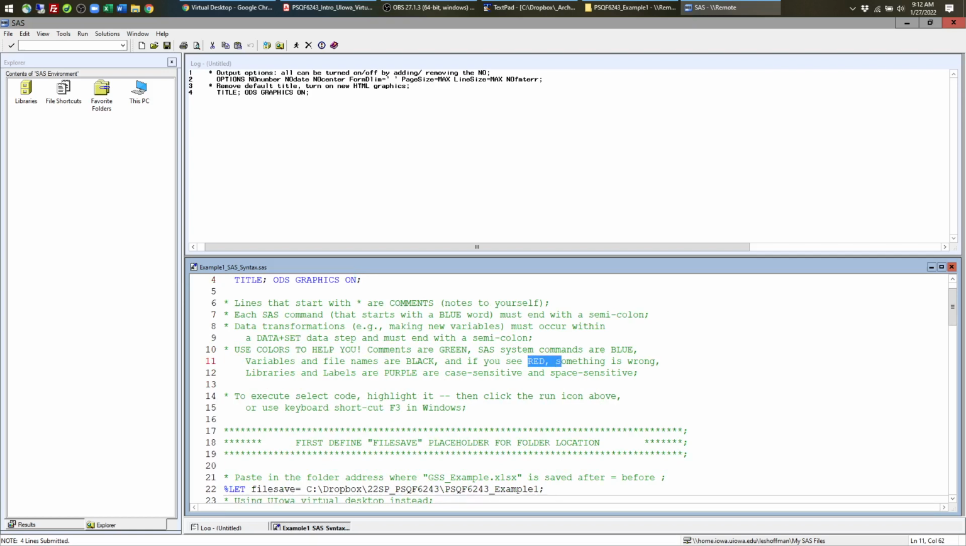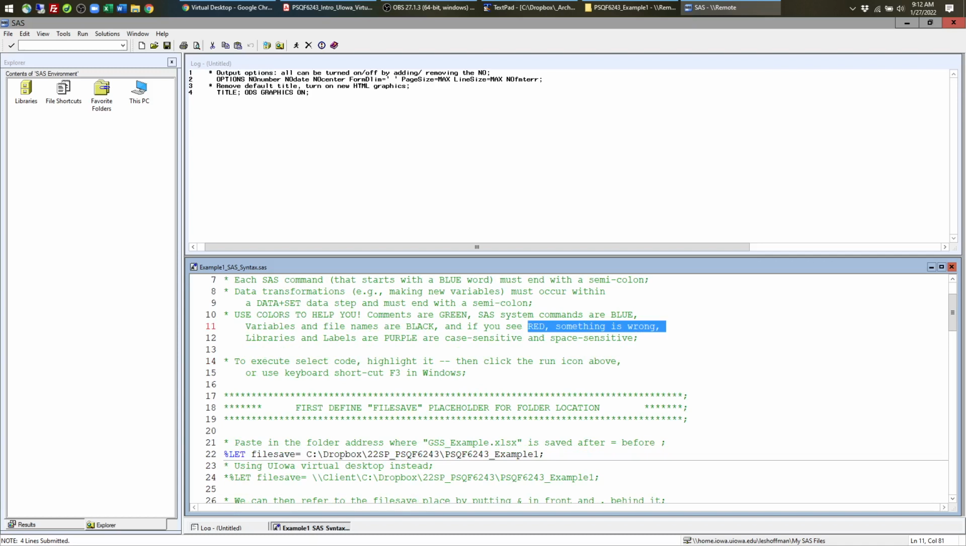If you see red, something is wrong. So I will screw a few things up in this demonstration so that you can see what that will end up looking like. Anything that is in a purple color is going to be case and space sensitive. That includes access to file directories within libraries, which is how SAS understands where to find things, as well as